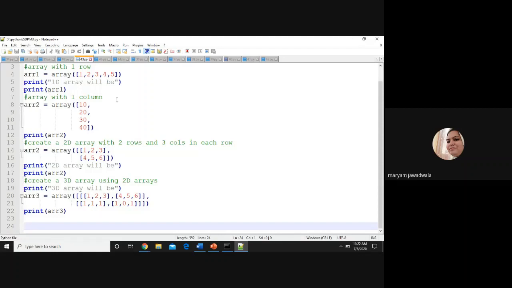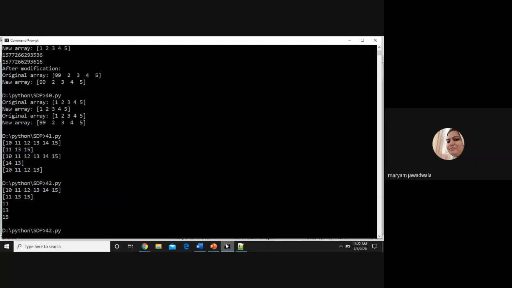Now array with one column. So my ARR2 array is again 1D array but with the column matrix. So what will be the output of this? 10, 20, 30 and 40. So my ARR1 and ARR2 are the examples of 1D array, meaning using single row and single column. Okay. So I run this program first, 43.py.